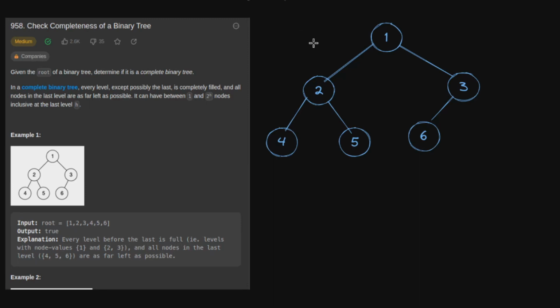Hey guys, welcome back. Today let's solve the problem, check completeness of a binary tree. So we're given the root of a binary tree and our task is to determine if it is a complete binary tree. Now by definition, a binary tree is considered complete if every single level of that binary tree from the root is complete except for the last level in that binary tree, which must be complete from the left